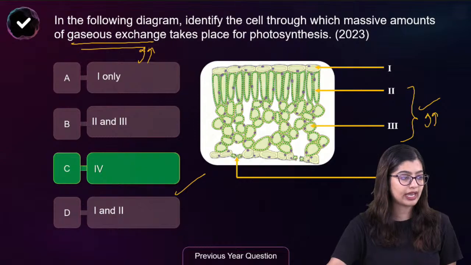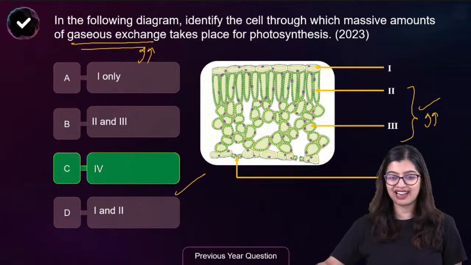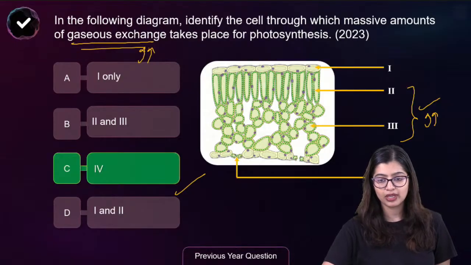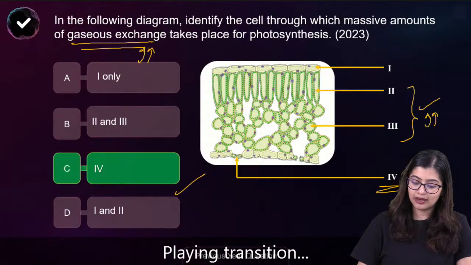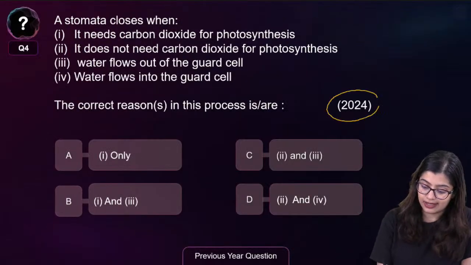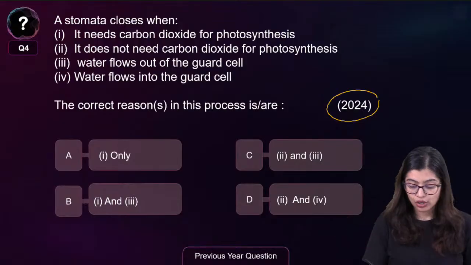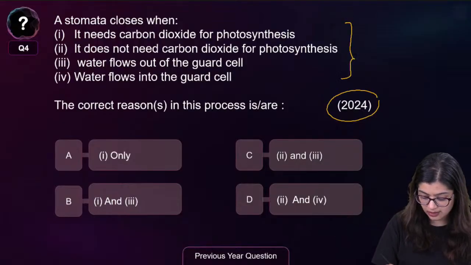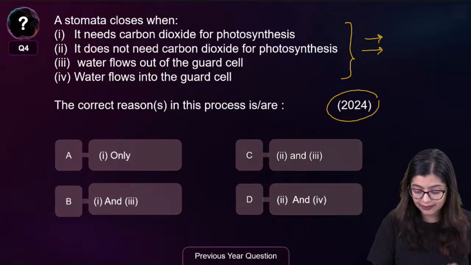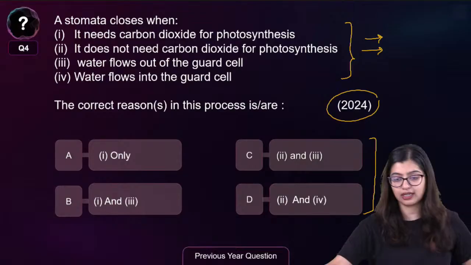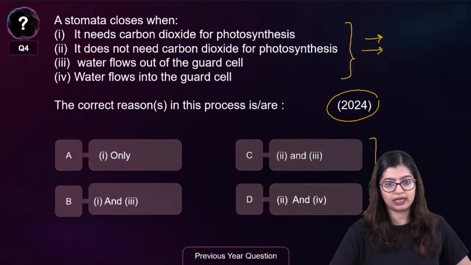Yes. Okay, I will try to give you the polls in this because my laptop shut down. That's the problem. But I'll try to give you the poll. Okay, for the next question. So this right here is what came last year for your seniors. Stomata closes when? So you have 4 statements and you need to identify which is correct or which are correct and then tell me which is the correct answer. So let me give you a poll very quickly.